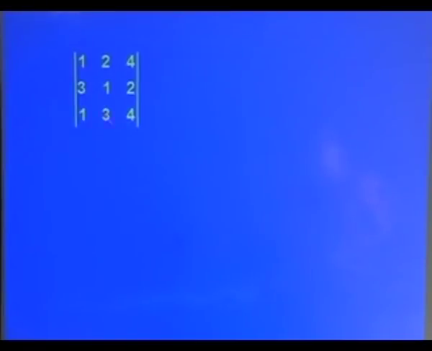Now, we will try to make this matrix a triangular matrix, so that we can get the determinant by simply evaluating the product.